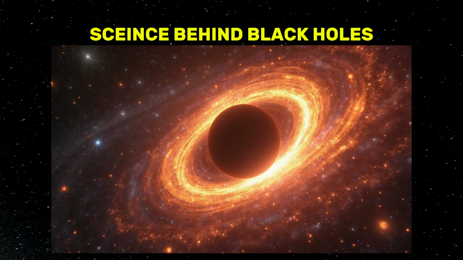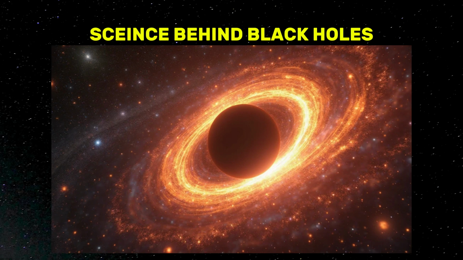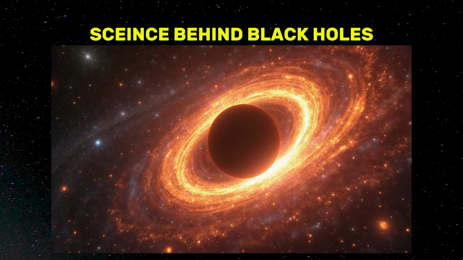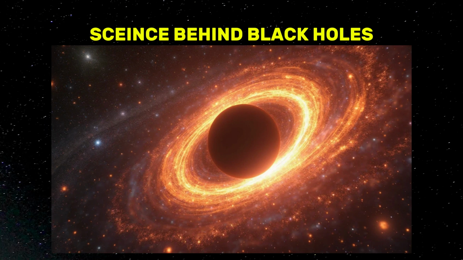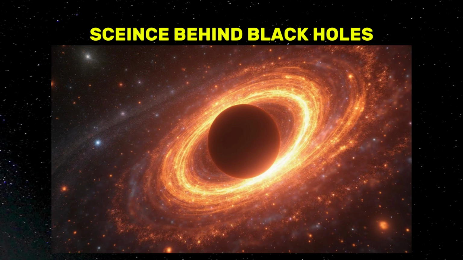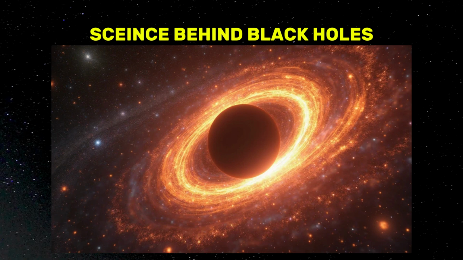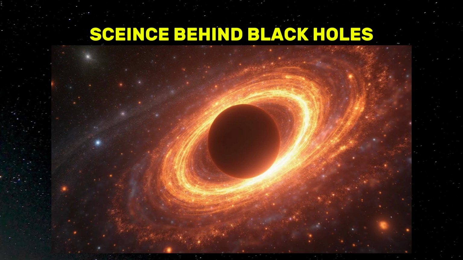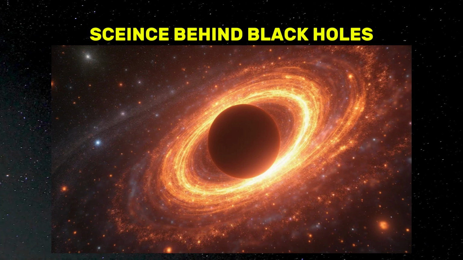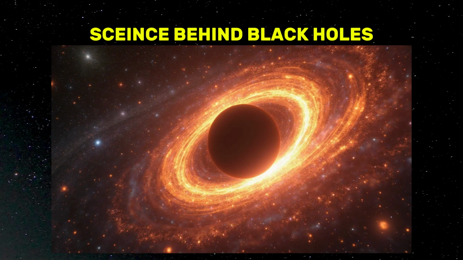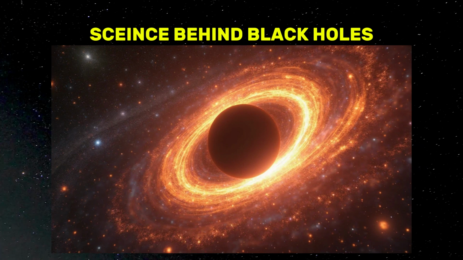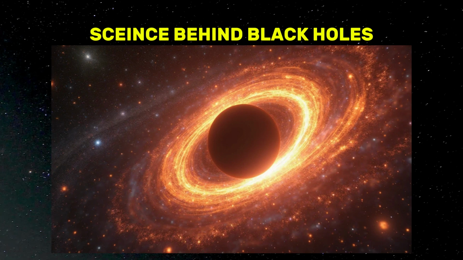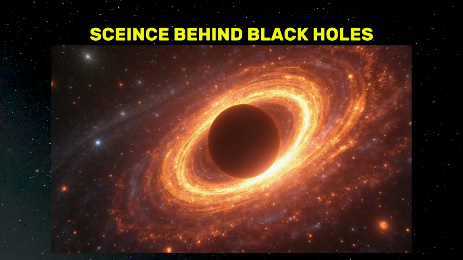The event horizon forms the critical border around a black hole. Once crossed, nothing returns. If you fell into a black hole, you would pass through this boundary and be irresistibly drawn toward the singularity. Time itself would seem to decelerate due to the extreme spacetime distortion, and from an outside viewer's point of view, you'd appear frozen at the edge of the event horizon.